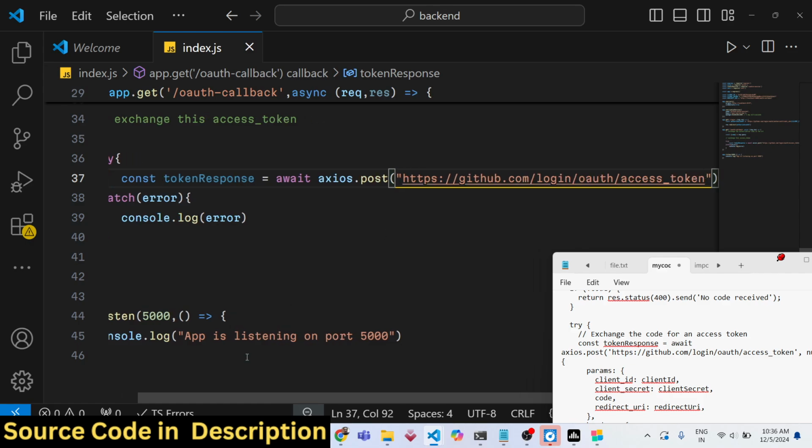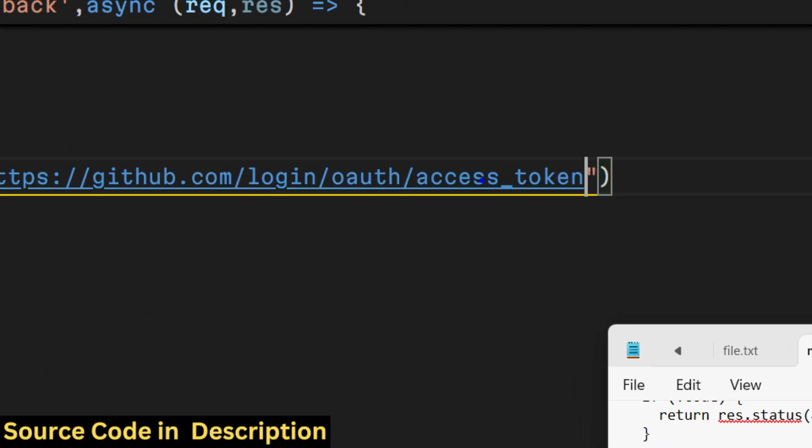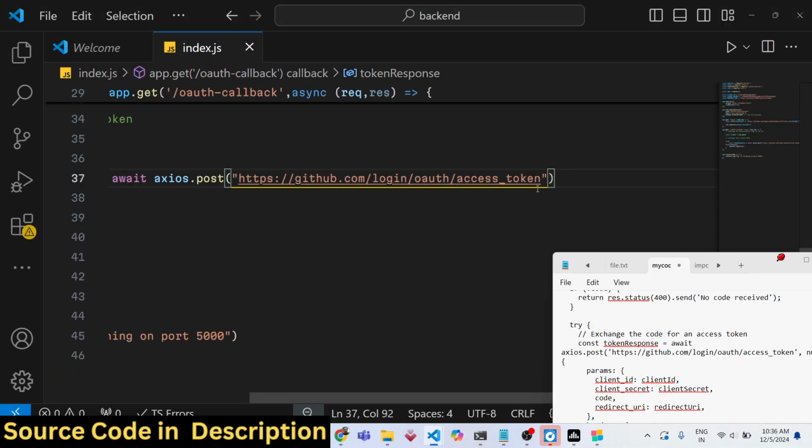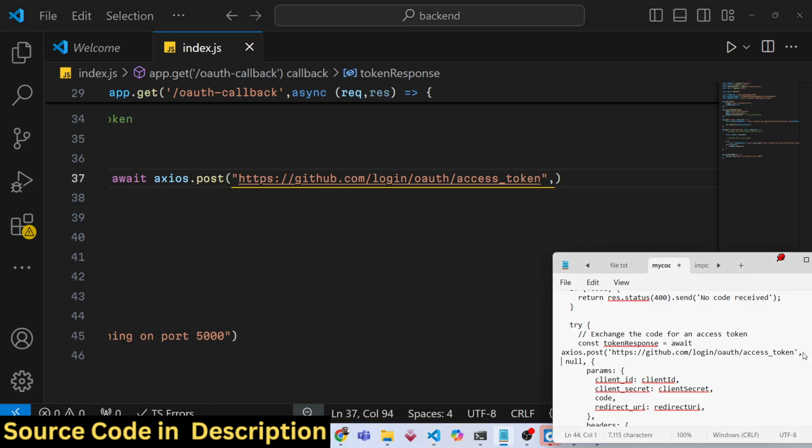So here we are explicitly telling that we need the access token, and we are making a post request, and now we just need to provide this null parameter as a second argument,